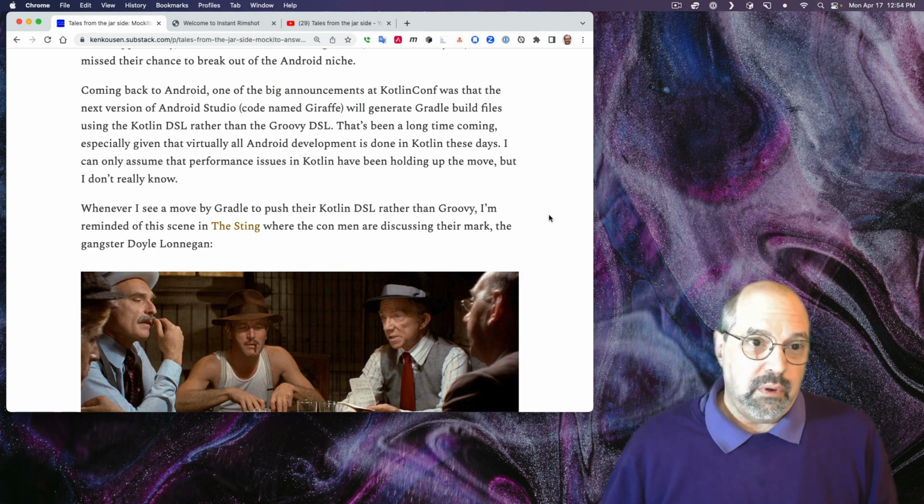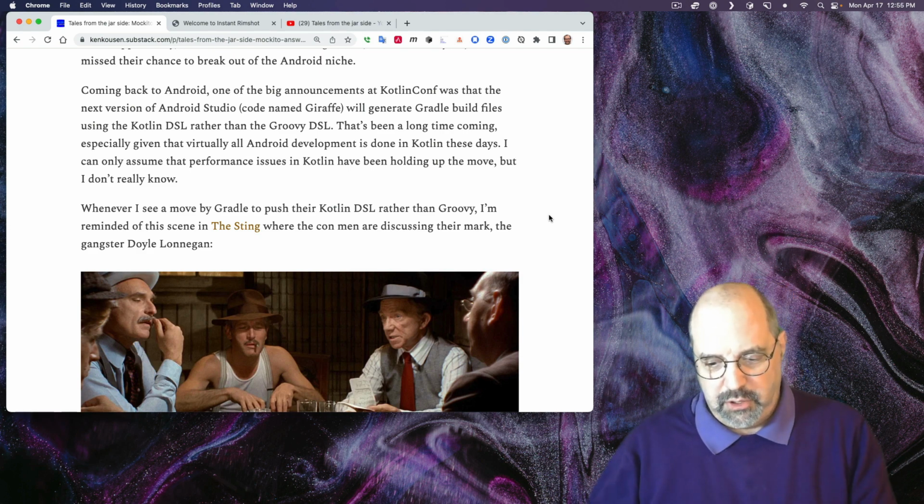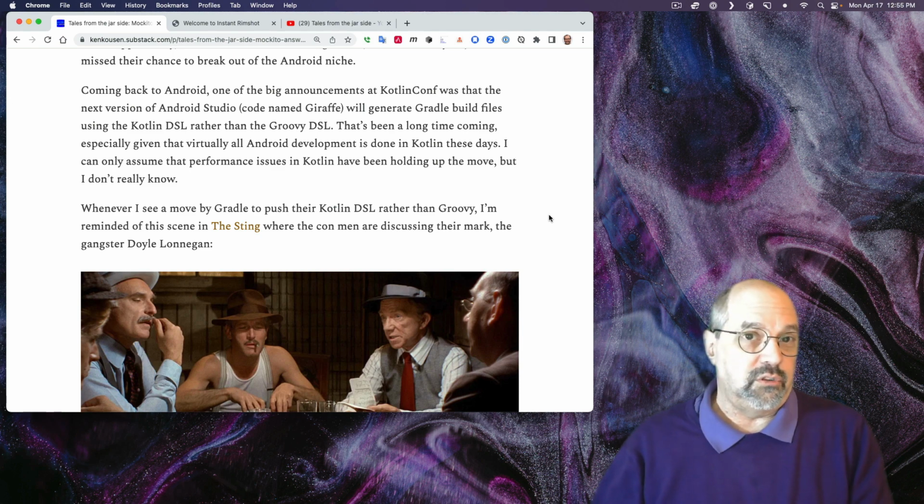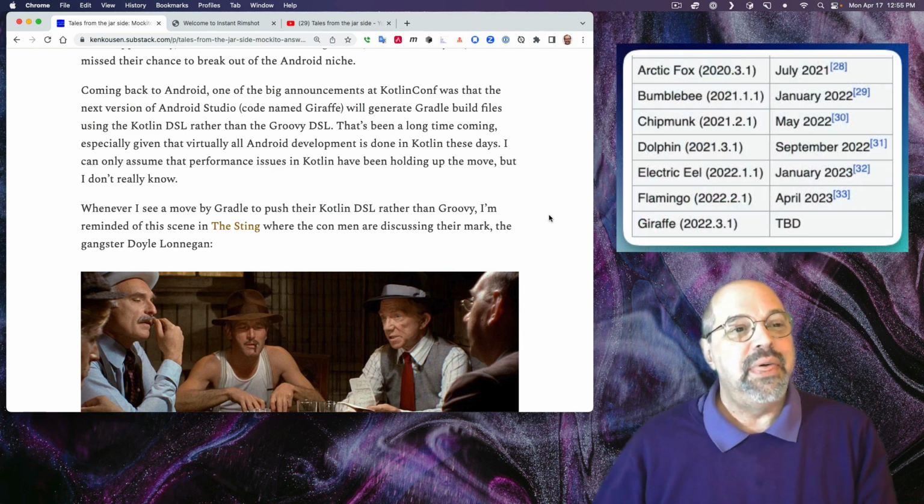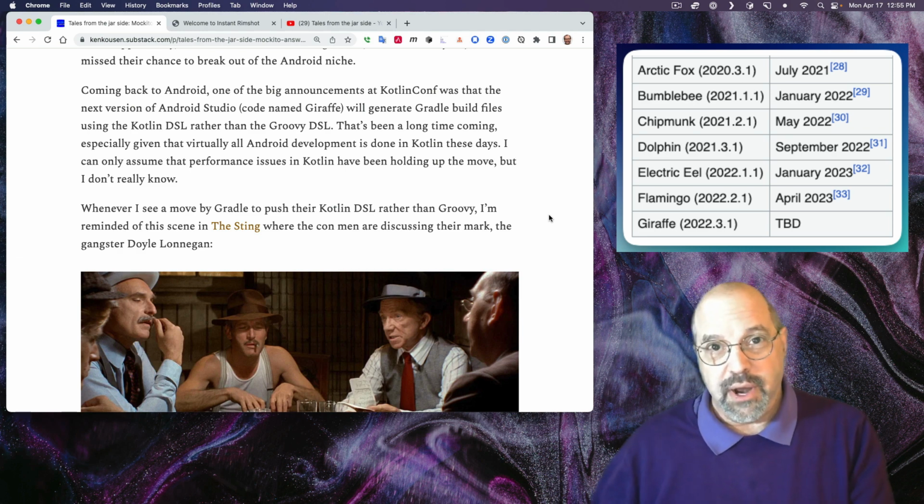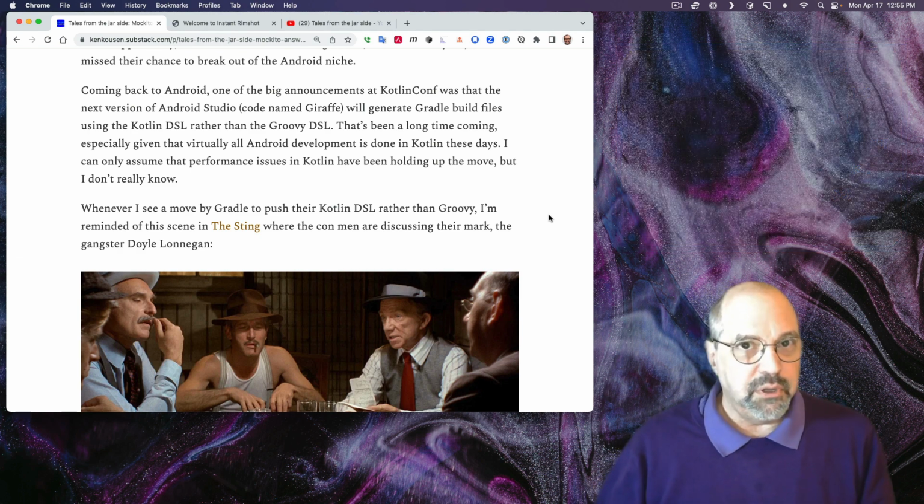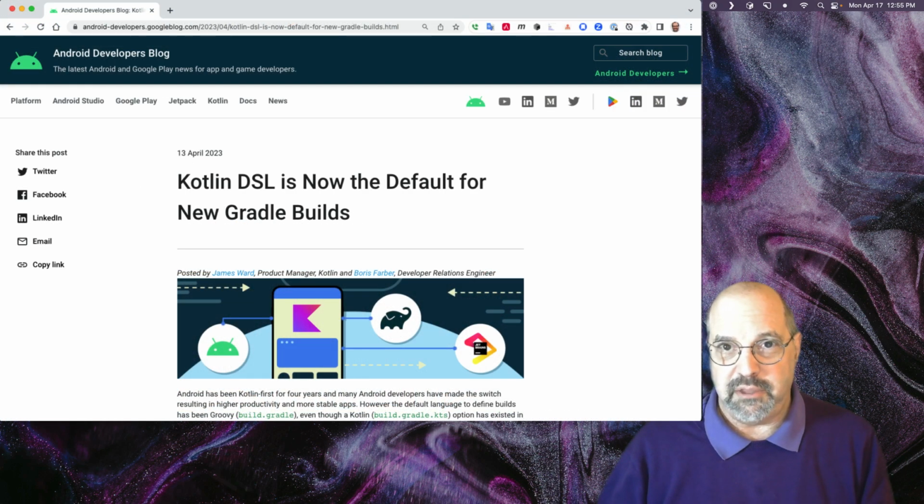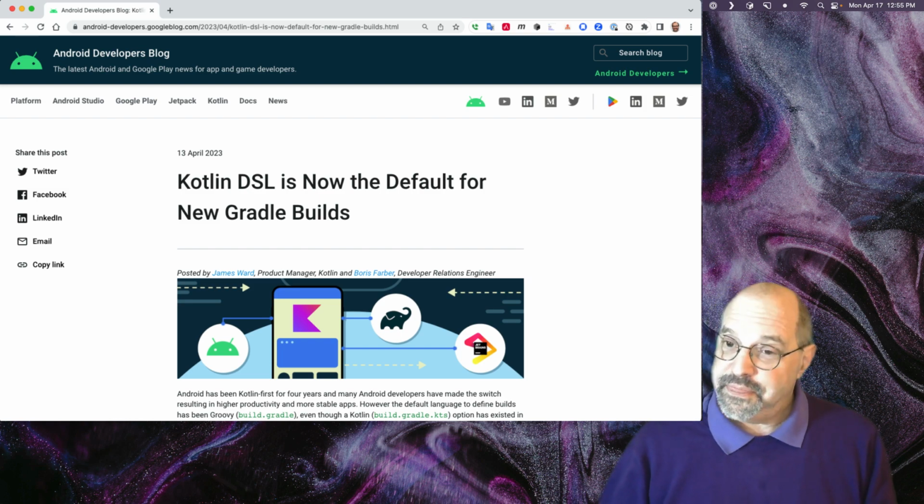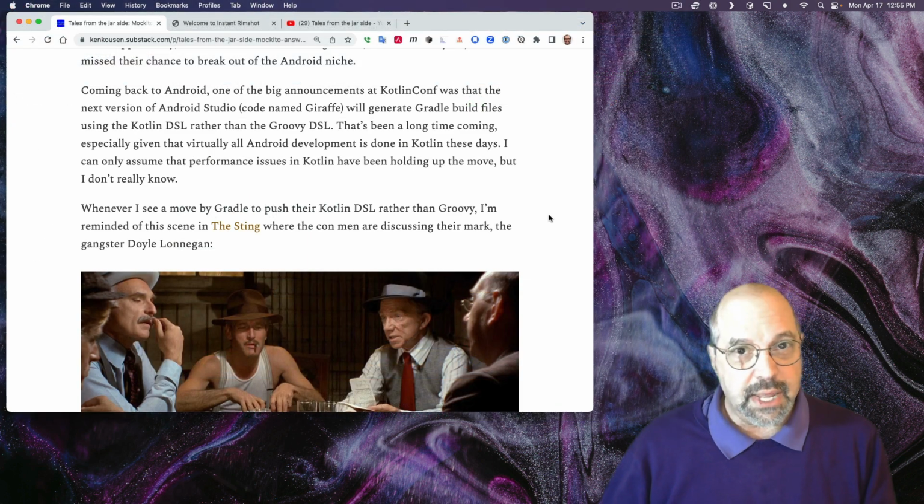And the current version of Android Studio just came out, which starts with an F, that's Flamingo. They announced at Kotlin Conf that, starting with Giraffe, the Gradle build file for Android apps is going to default to be written in the Kotlin DSL, the Kotlin domain-specific language. That's a big change. Now, they've had the option for quite a while to select a Kotlin DSL for your Gradle build file,